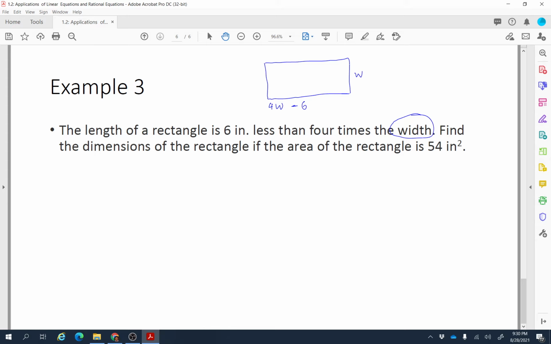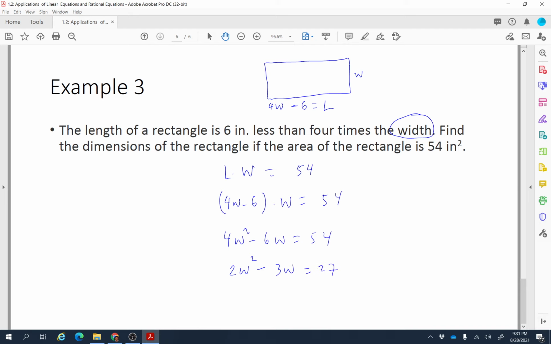So we know area means length times width. So length times width is 54 square inches. But we also know that length is 4 times width minus 6. So if we just distribute this w here, it will be 4w squared minus 6w equals 54. So this is also a quadratic equation. So if you want to find the solution for this problem, first of all we can just cancel out 2 because 2 is the greatest common factor. It will simplify our problem,